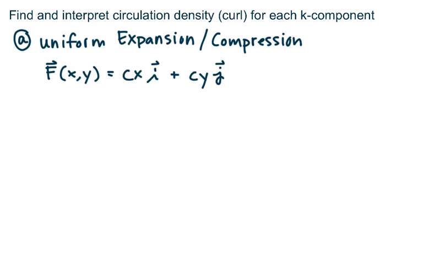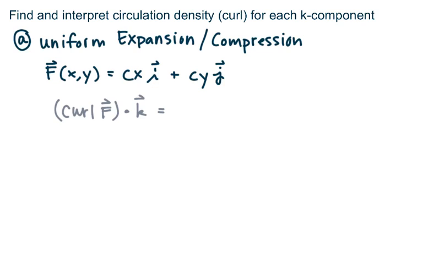Example A, we've got uniform expansion or compression, and we have this vector field. Notice there's no K, we only have I and J components. So F of x, y is cx i plus cy j, and we want to find that K component. So it's important to note, C here just represents a constant value. So we would calculate this and we would say the curl of F